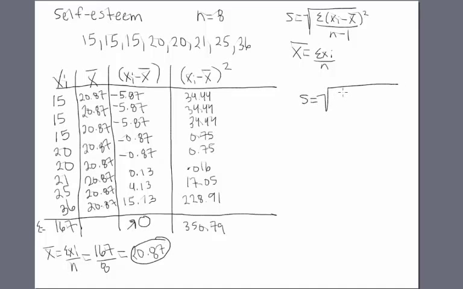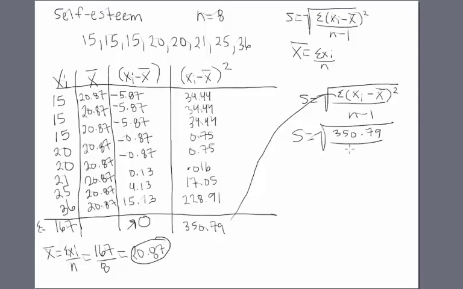The sample standard deviation is equal to the square root of the sum of the quantity x sub i minus x bar squared divided by n minus 1. So we'll put in our sum here of the quantity x sub i minus x bar squared. It's right here. So let's go ahead and put in 350.79